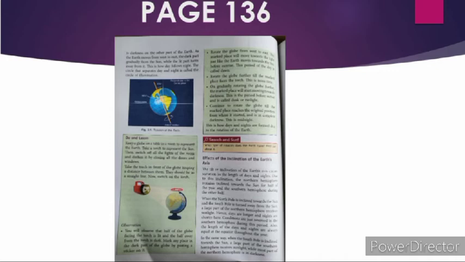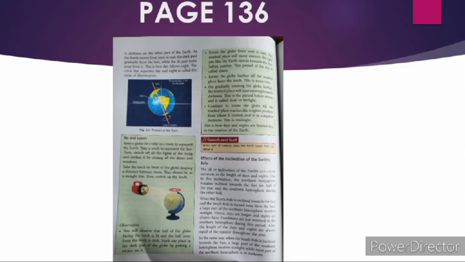Also, the length of the days and nights are always equal at the equator throughout the year. In the same way, when the south pole is inclined towards the sun, a larger part of the southern hemisphere receives sunlight, while most of the northern hemisphere is in darkness. So, we have studied that due to inclination of the earth, the northern hemisphere receives daytime for half of the year and the southern hemisphere during the other half. And also days and nights are equal at the equator throughout the year. So these are the two effects of the inclination of the earth.